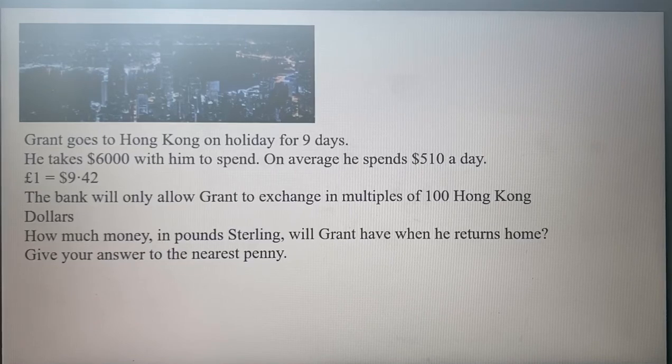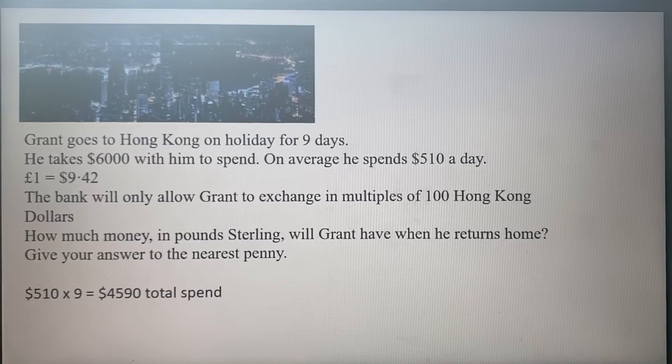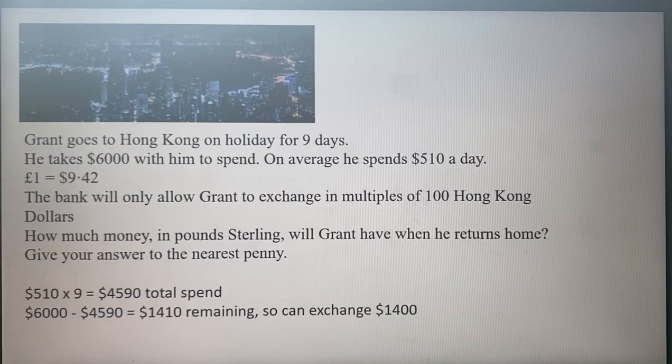So there's a lot of different information in here. So the first thing that we've got to do is work out how much he's spent in total over the 9 days. So it's an average of $510 a day for 9 days. So we multiply to find his total spend. So $510 times 9, so $4,590 in total that he's spent. So it's then the difference between that and his $6,000 is what he's then bringing back home with him. So if we subtract that from the original $6,000, he's got